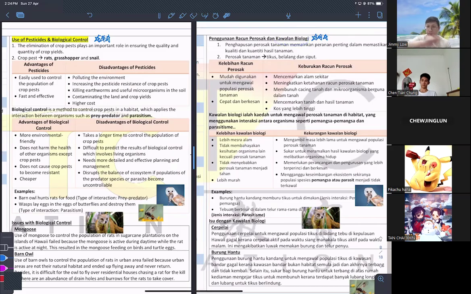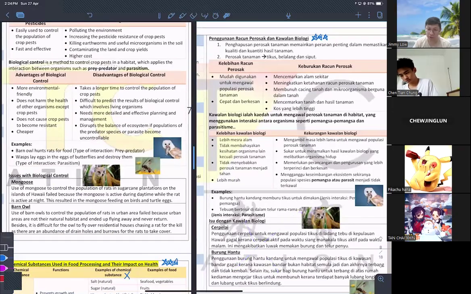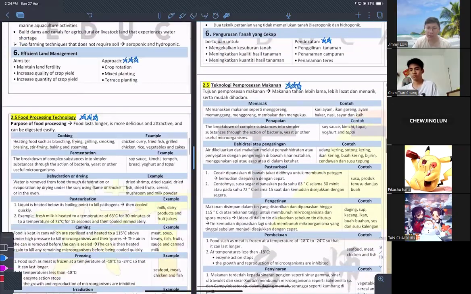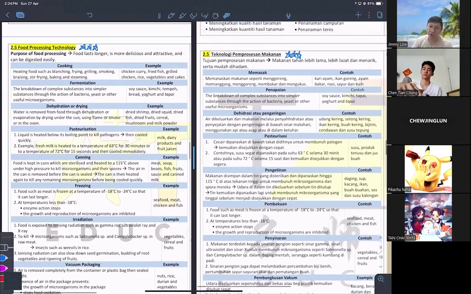They ask you to do comparison, which is in this way, you must explain based on both of their advantages and disadvantages. Only then can you score the marks. As well as in your section B, they will ask randomly in this specific part. So the examples, no need, just go through with the pros and cons. And then the food processing technology, this one is inevitable.